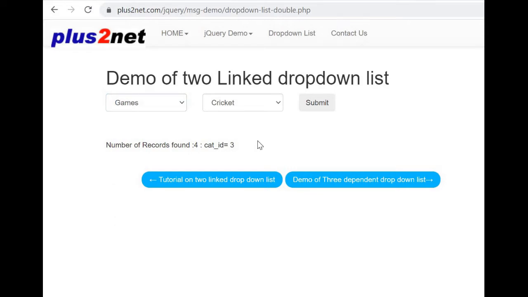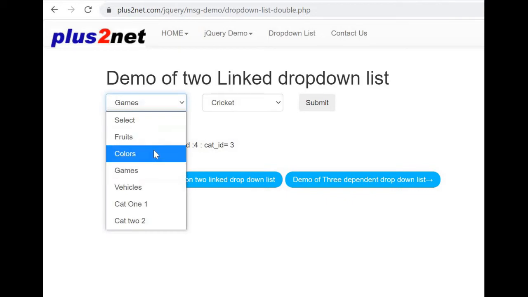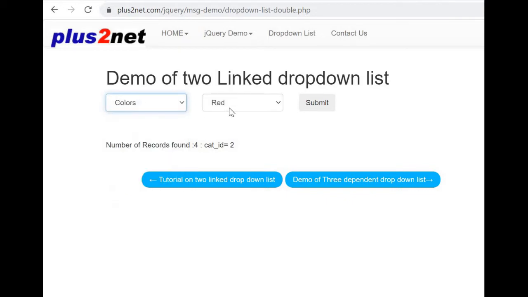Now all the data is taken from the MySQL database. The biggest advantage here is the page is not refreshed or reloaded. They are like static pages. They are taking the data using jQuery. We will code this now.